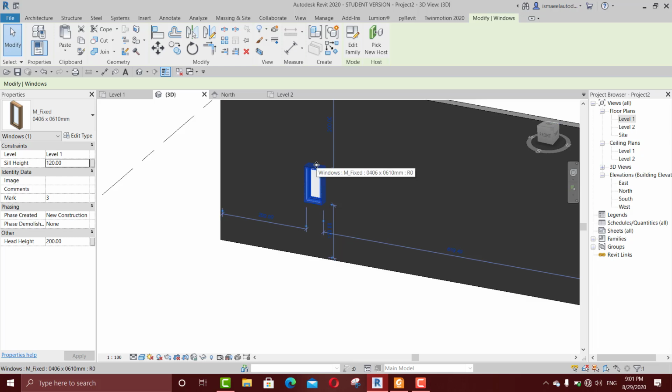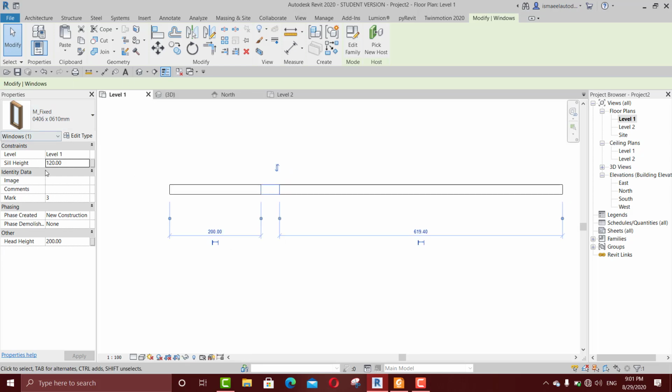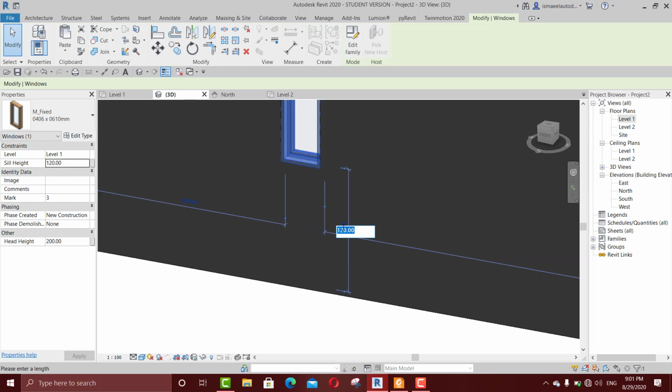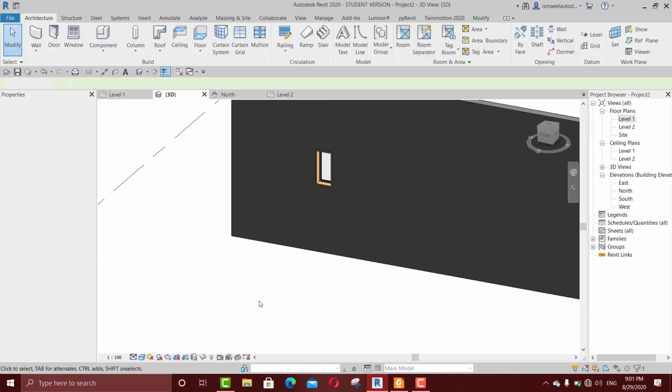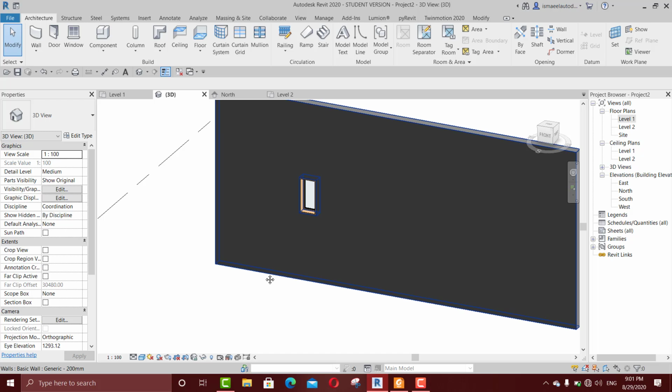While I'm in 3D, I do have many dimensions in here. Before, when I was in my level 1, I didn't have the cell height dimension, the temporary one I mean. Now I have it because now I'm in 3D. I could even change it to 150 and raise it up. Okay,